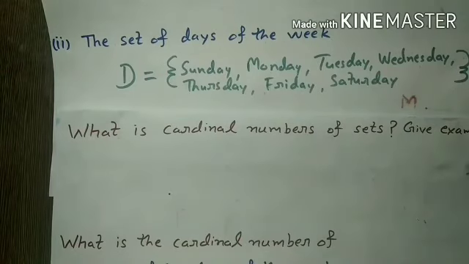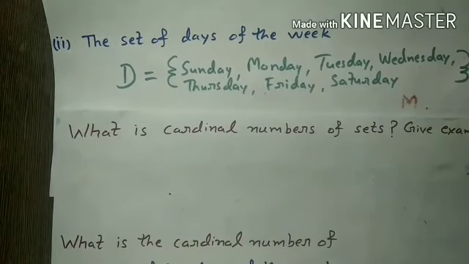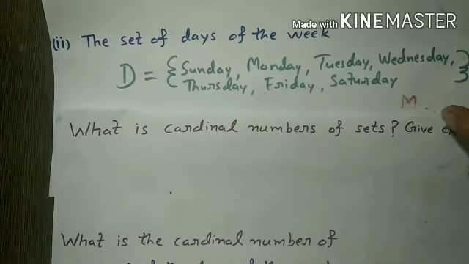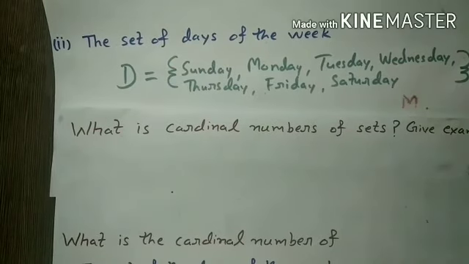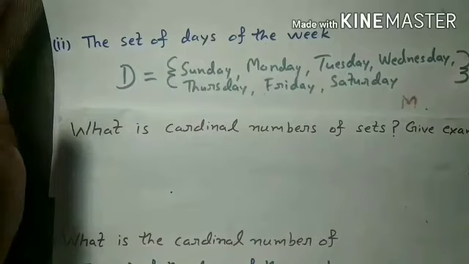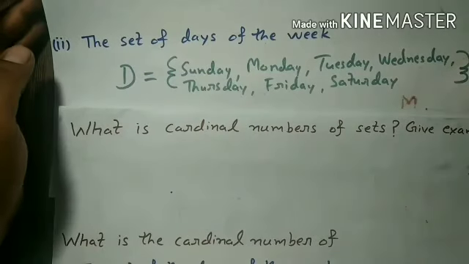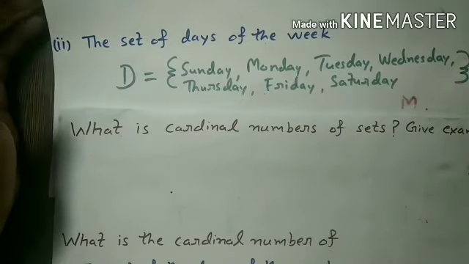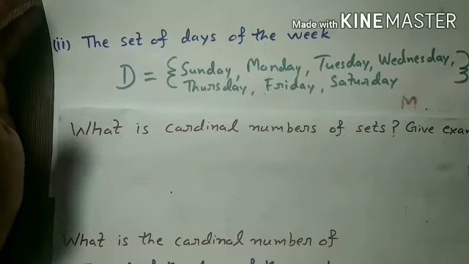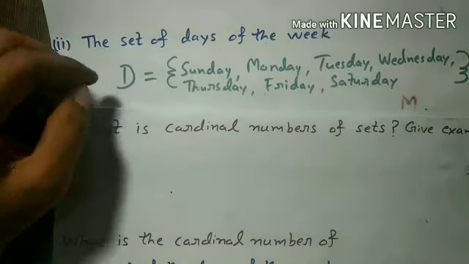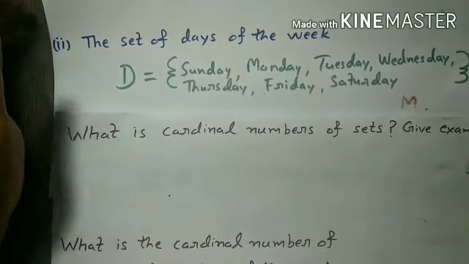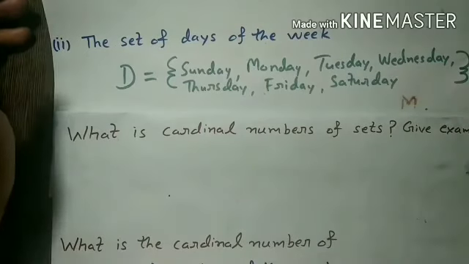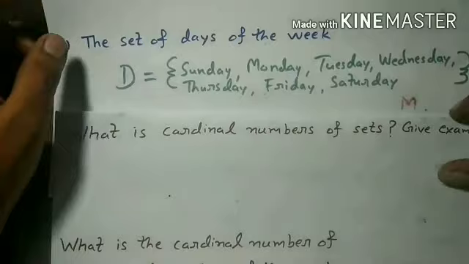So this is the idea of the set, and as per the given, that we have to give the example, you can write any example. You can take example of months in the year. Okay, and you can also make the example of your family members. Okay, and write the cardinal numbers. So various examples you can make from your surroundings. Now let us go for our questions.